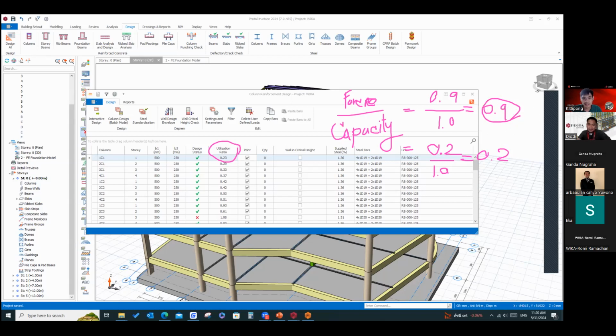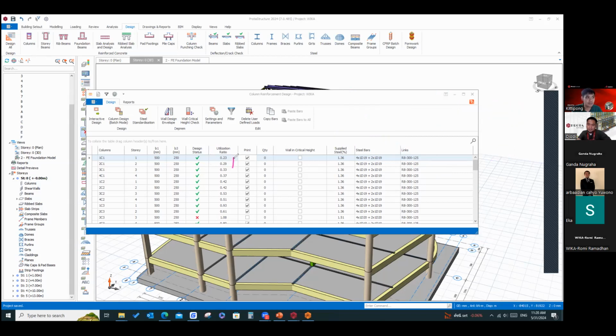Yes. That means what we can do is just change the structure, right? Reduce the structure or make it bigger. Rebuild, okay. Remodeling is based on the number. But if we change the safety factor, the application cannot give a recommendation, right?